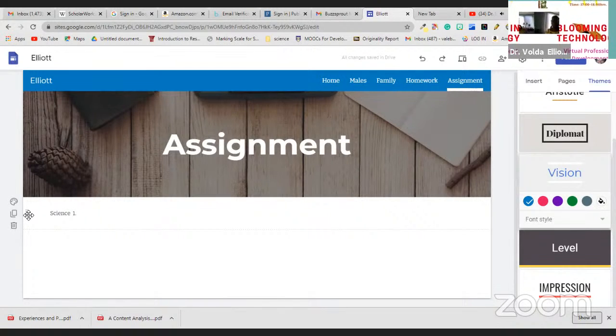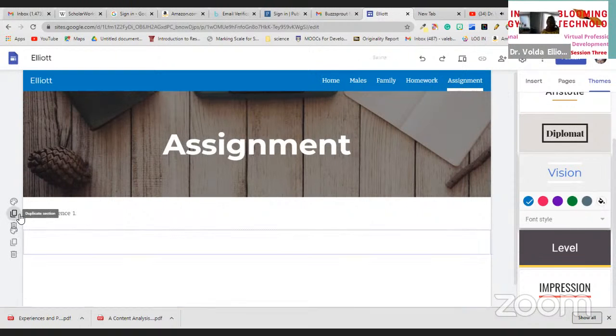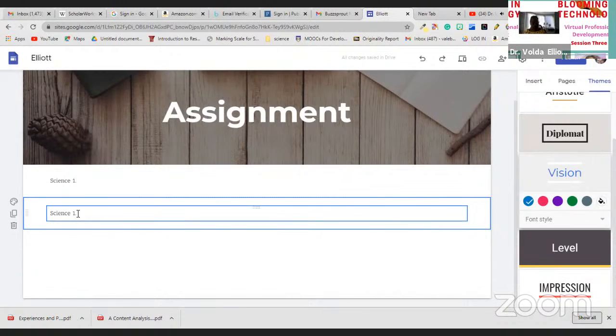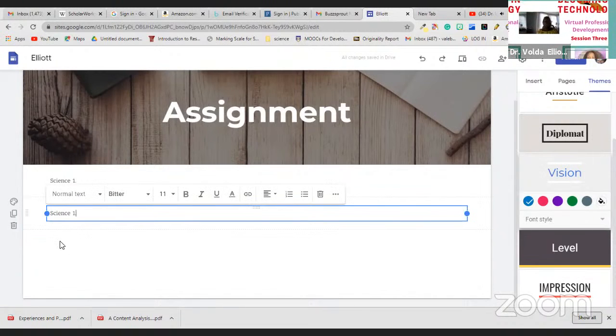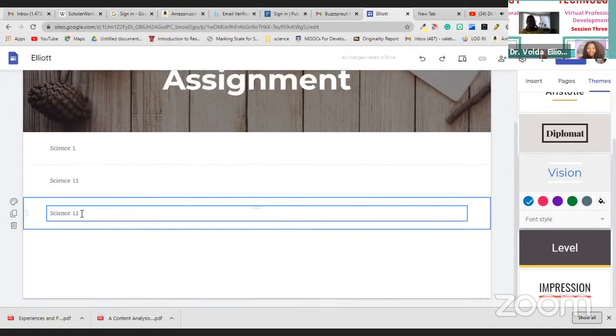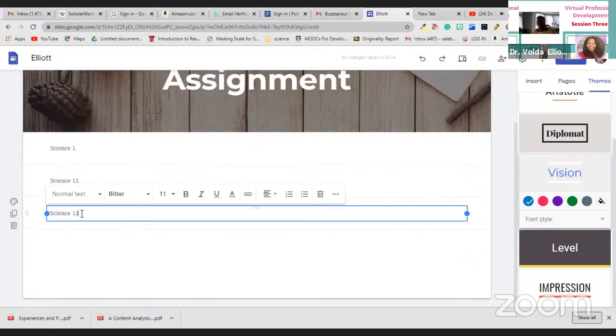So you are giving it names as you move along and you are building. So let me just duplicate this. I tap on duplicate and you see what happens. I'm going to change science 1 to science 2. And I'm duplicating it again to science 3 because I know for this month, my students have 3 science assignments